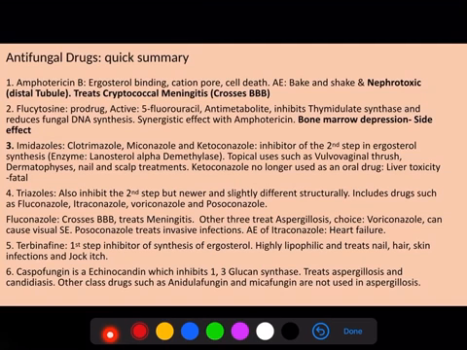Finally, we have the last two drugs. Terbinafine is the first step inhibitor of synthesis of ergosterol. It is highly lipophilic and treats nail, hair, skin, and jock itch infections. Caspofungin is an echinocandin which inhibits 1,3-glucan synthase, which is responsible for the synthesis of beta-glucans. It treats aspergillosis and candidiasis. Other class drugs such as